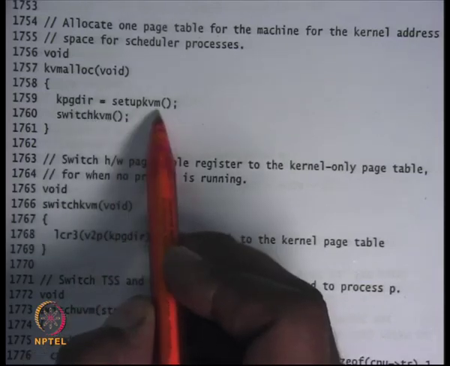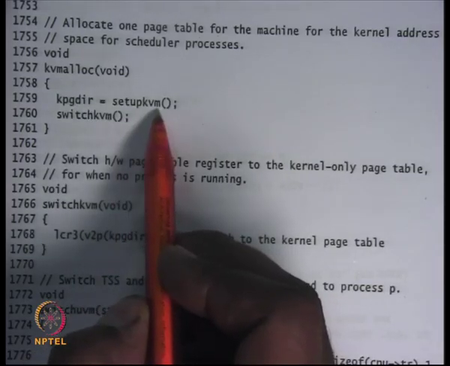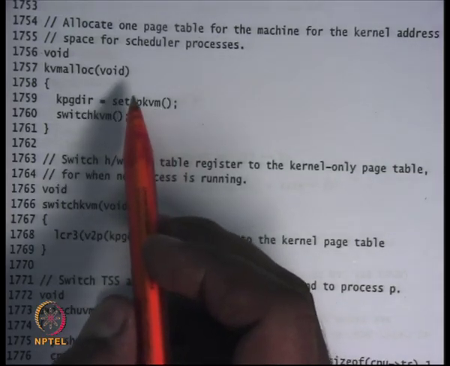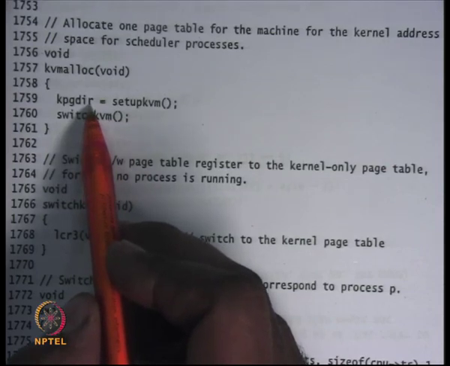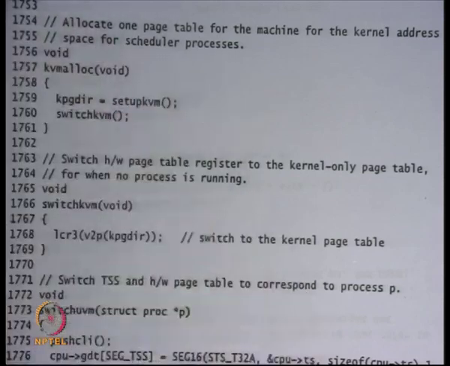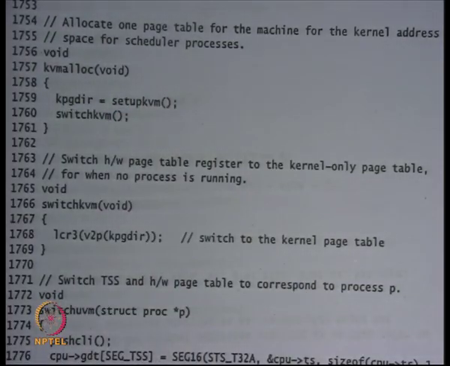It calls a function called setupkvm. This is going to initialize a new page directory, which will have this address space mapping, and it's going to return a pointer, kpgdir, to that particular page directory, okay. So it's going to initialize a page directory. Where is it going to get the pages for this page directory?